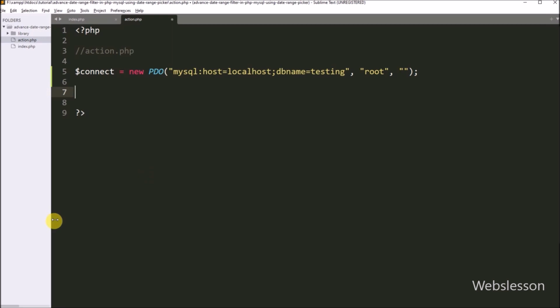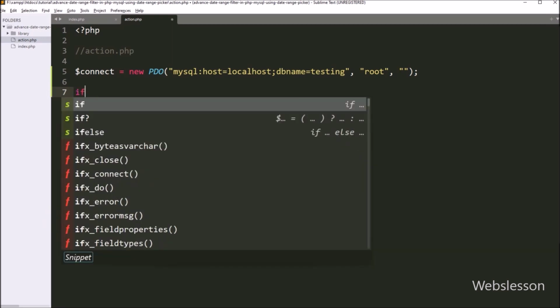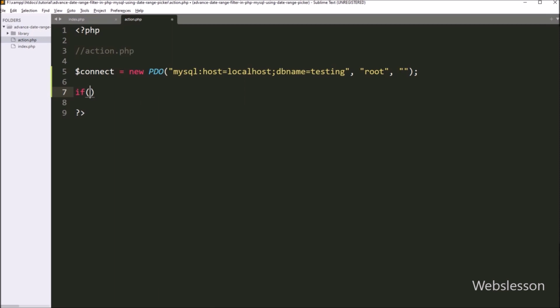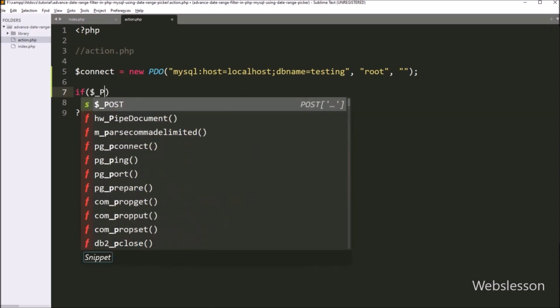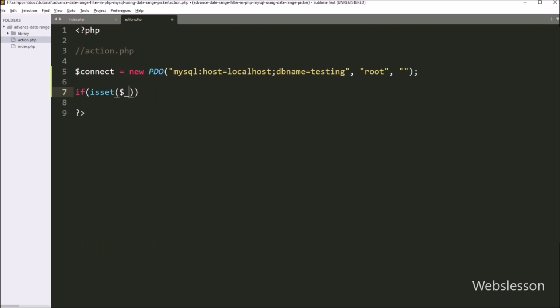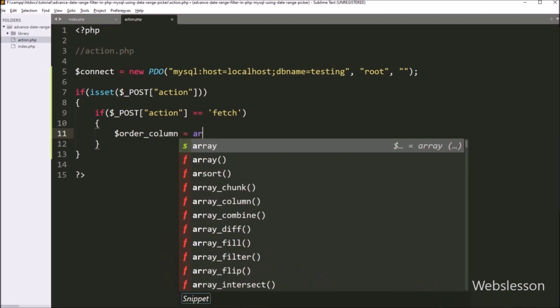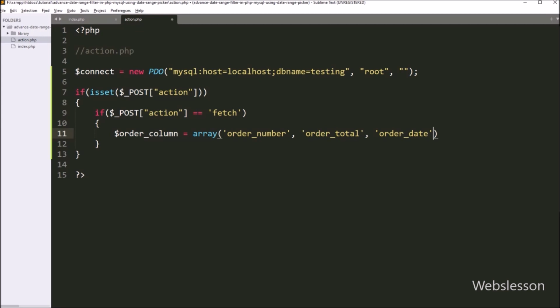Now below this, we have to write an if statement, and under the condition, we have to write the isset function with the $_POST action variable. If this condition is true, then it will execute the if block of code, and under this block, again we have to write an if statement, and under the condition, we have to write the $action variable value is equal to fetch. If this condition is true, then it will execute this if block of code, and under this block, we have to write the $order_column variable equal to the table columns like order number, order total, and order date table column names